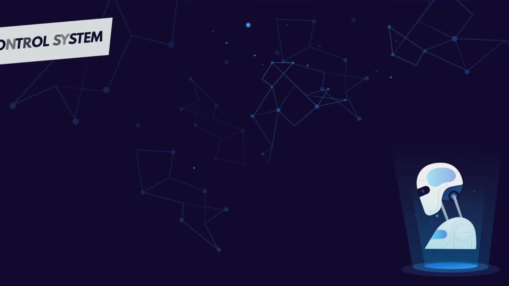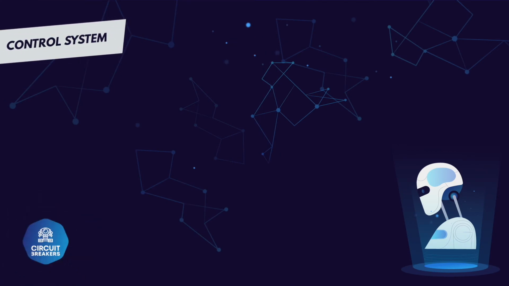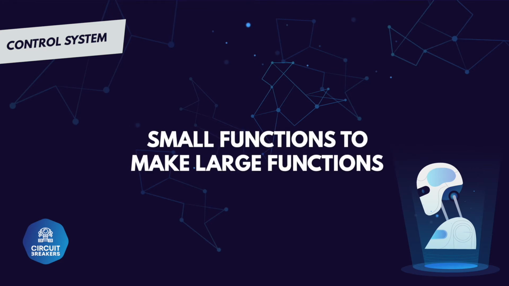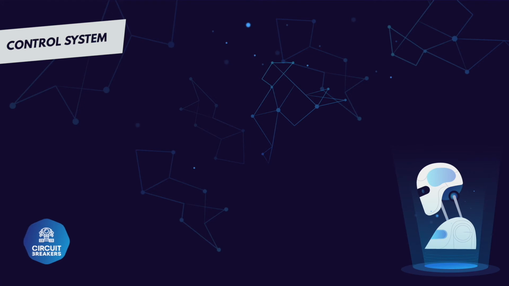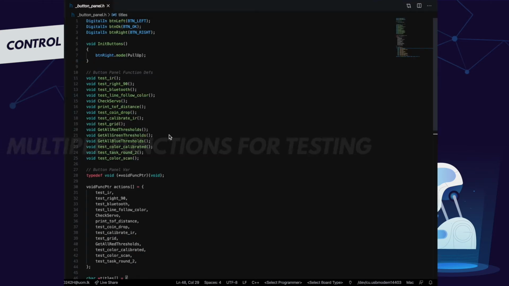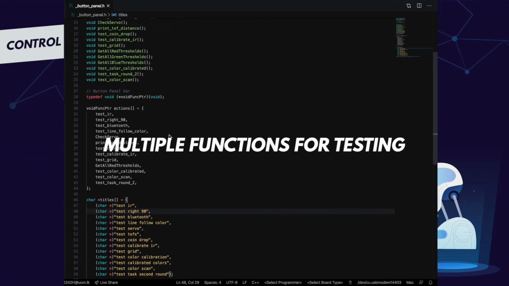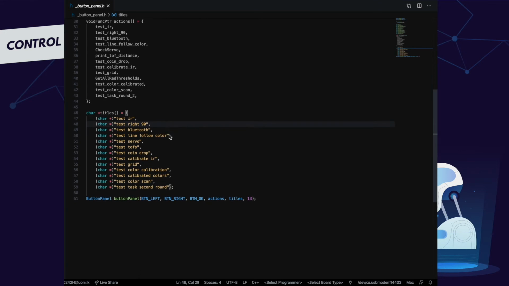We have tried to code in a modular way where we have functions for every small task, and we use other smaller functions to make larger functions. It has increased the understandability of the code and allows members to work on different coding levels at the same time. We had a method to save many codes in our robot